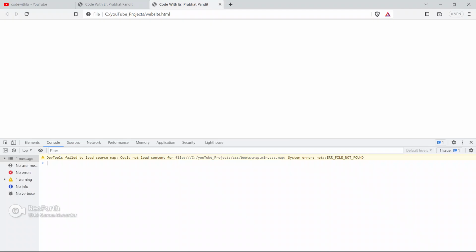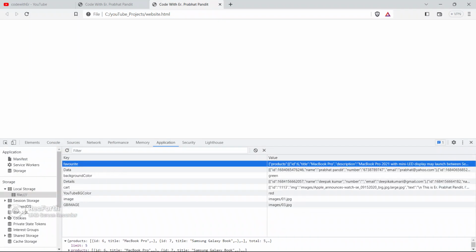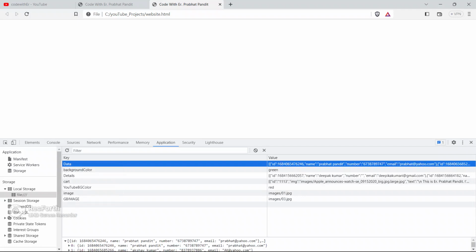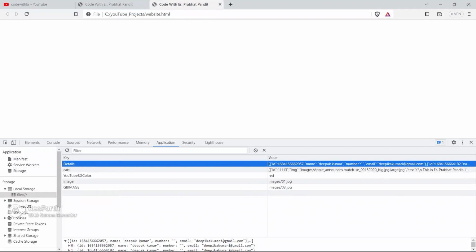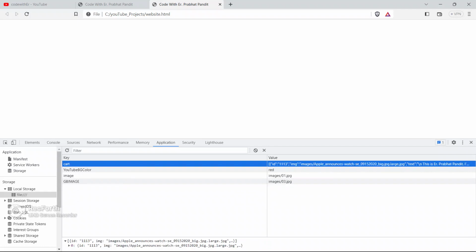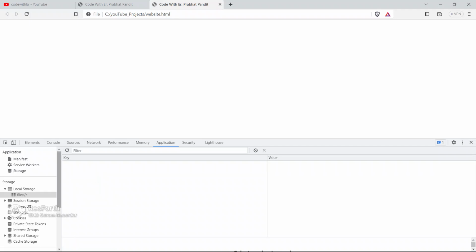Let me just check, guys. First of all clear all the local storage value, clear all the value. Now refresh the page.